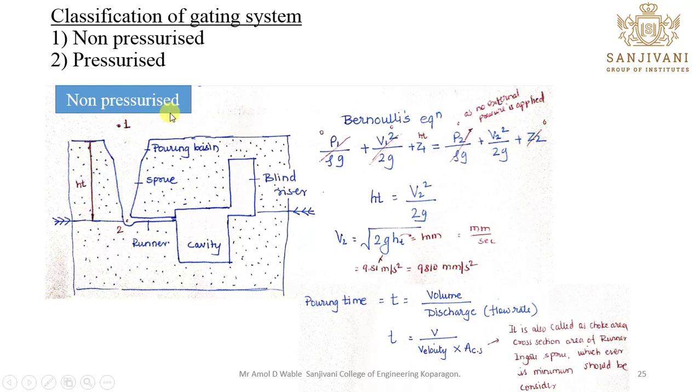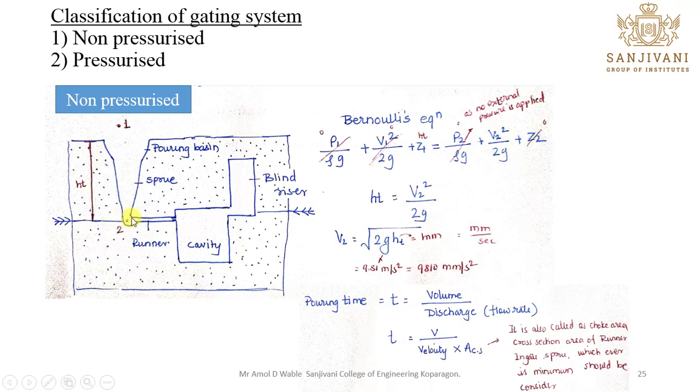And what concept do you have to remember? The pressure in the environment of the molten metal is equal to the pressure of the molten metal in space number 2, that is at the bottom of the sprue. You can consider 1 as the space in the environment, which is used for pouring molten metal, and after pouring it will fill into the bottom first, at the sprue bottom.